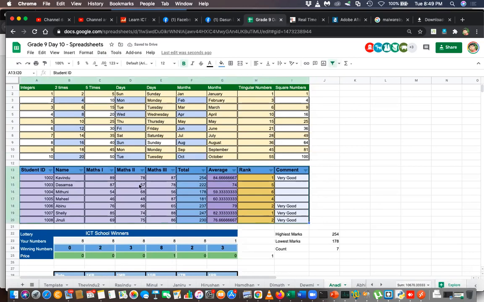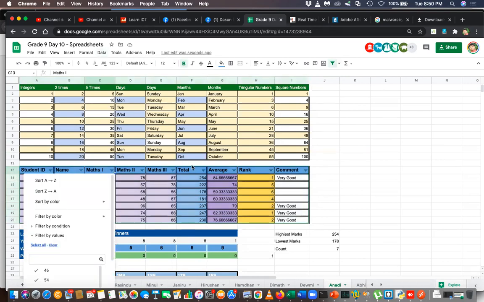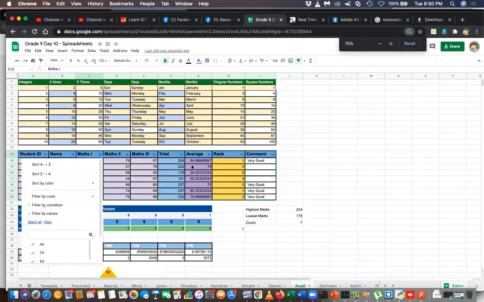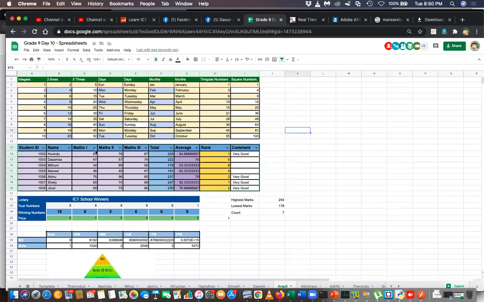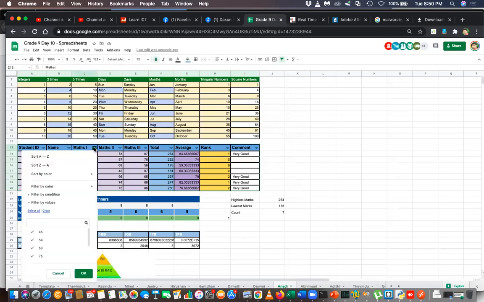After creating the filter, go to match 1 marks. Go to match 1 mark. I think you can see my screen, son. Go to match 1 mark and click on this filter icon here. There is a filter icon at the bottom. Click on it. Click on the filter icon, then go to filter by condition.